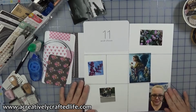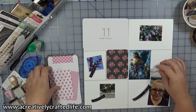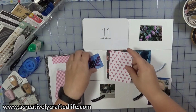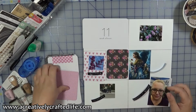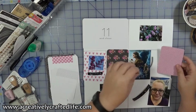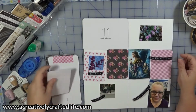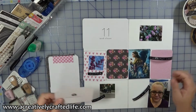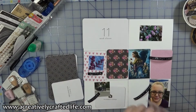Yeah, I've seen them before, and I've seen them done, and I think I've actually seen yours, but I just hadn't ever seen the grid. That's a pretty smart way to be able to lay them out like that. Yeah, I'd seen another YouTuber who had done it, and I thought, what a great idea, just to help configure things. So what you see here is I've actually pre-sorted a number of cards from one of the Project Life